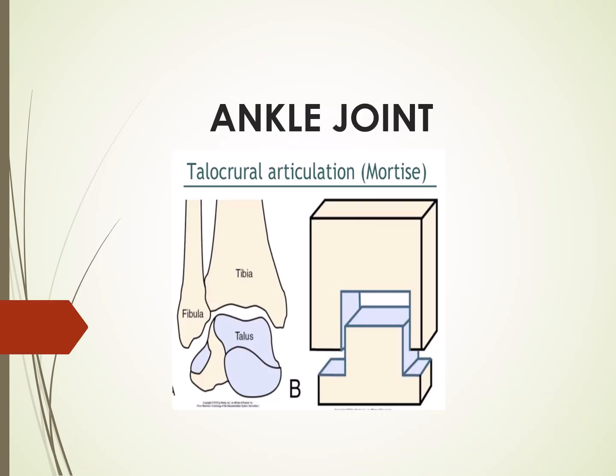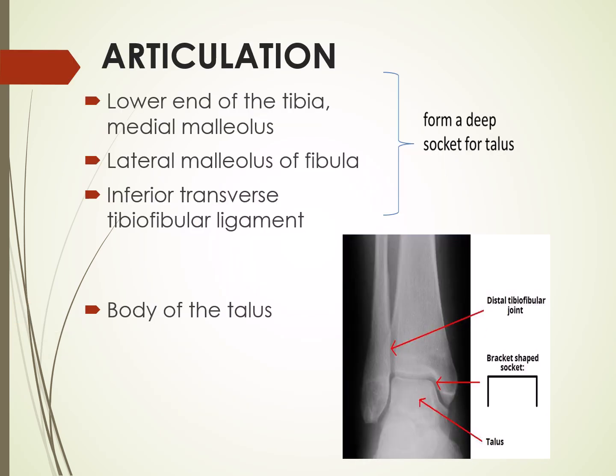Assalamualaikum class, today we will discuss the ankle joint, which is basically a compound, complex hinge variety of joint. Now the articulation of the ankle joint is such that the upper articular surface is formed by the lateral malleolus, the lower end of the tibia along with the medial malleolus. All these three structures form a bracket-shaped socket into which the lower